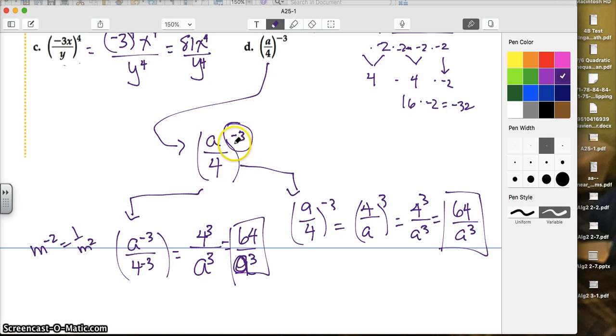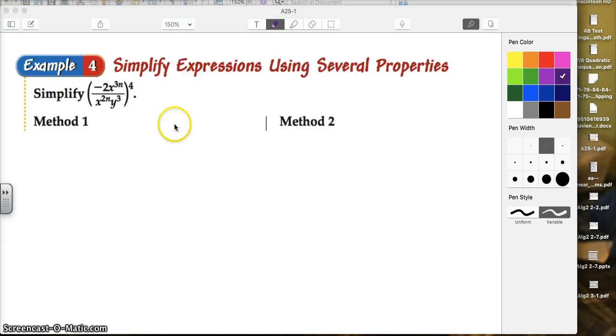Or if you have a negative exponent, you can just automatically take the reciprocal of that fraction or that number and then go about your business with a positive exponent. In your text, this example had two different methods, and to be honest, there are a lot of different ways to attack these problems. One way that we could look at this problem, I'm going to call it method one,